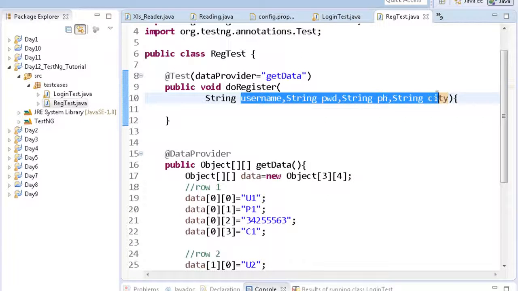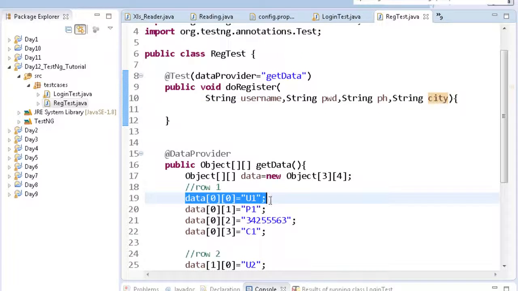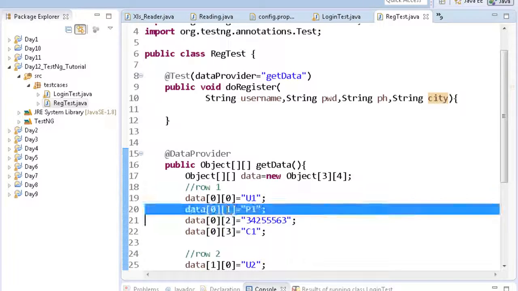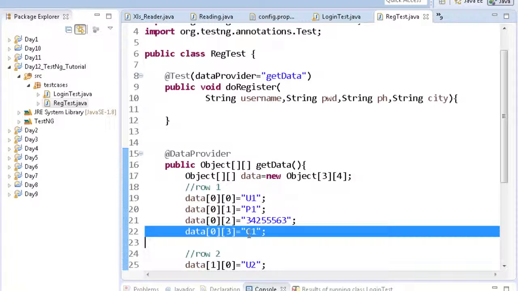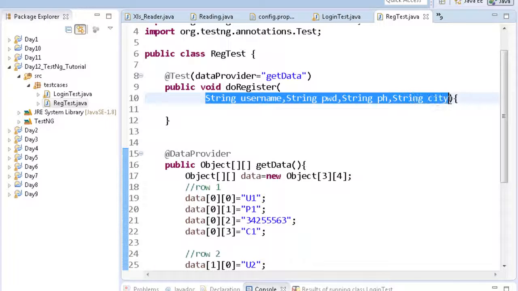In the same order as the order in which we have kept the data. The first is always the username, the second cell is the password, the third cell is the phone number, the fourth cell is the city. So you will send the data like this, and that's it.